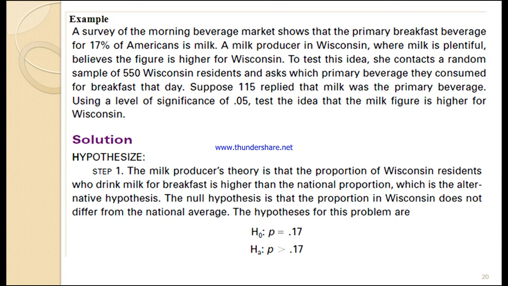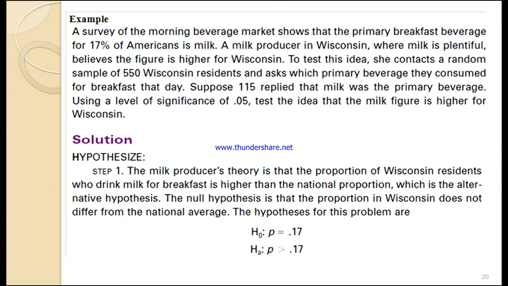To test this idea, the researcher contacts a random sample of 515 Wisconsin residents and asks which primary beverage they consumed for breakfast that day. Suppose that 115 replied that milk was the primary beverage. Using a level of significance of 0.05,